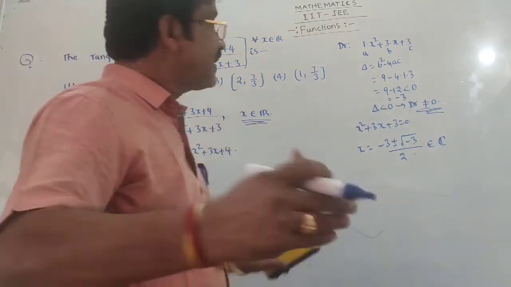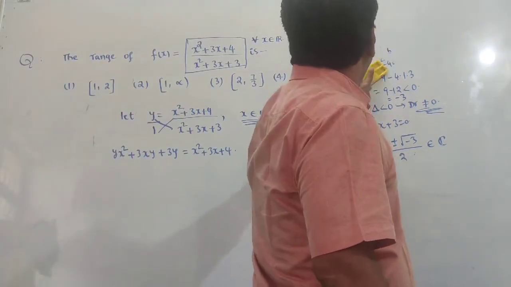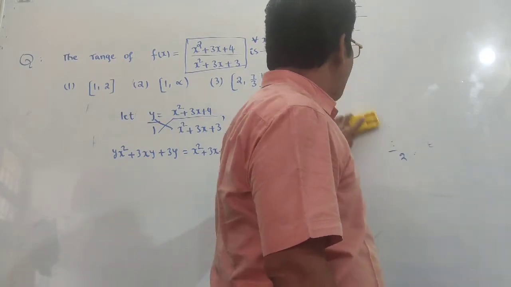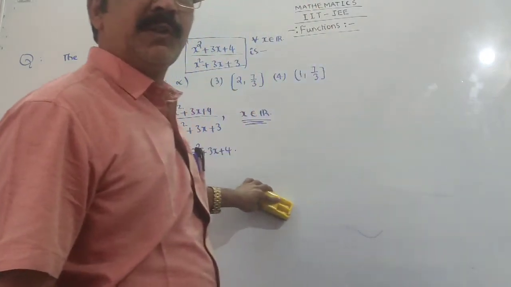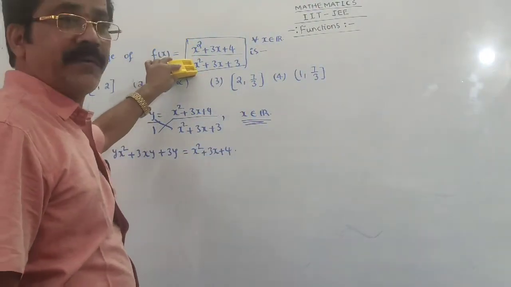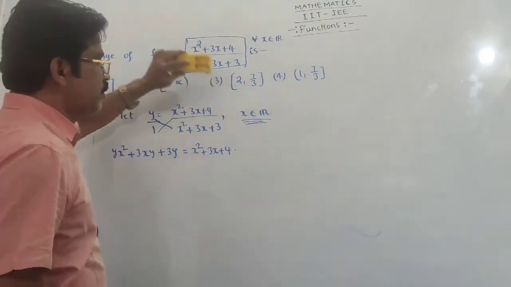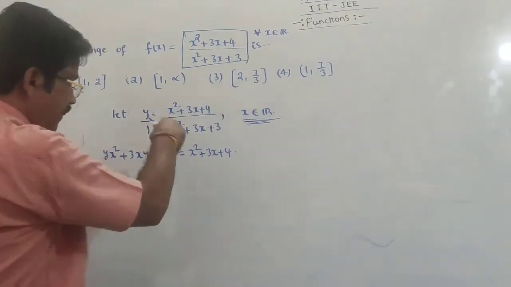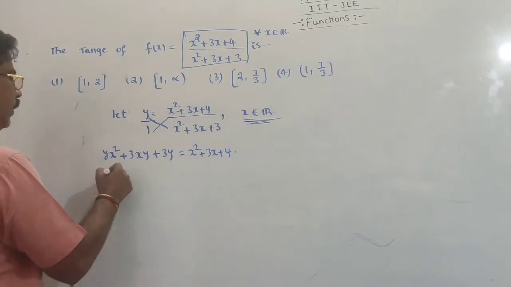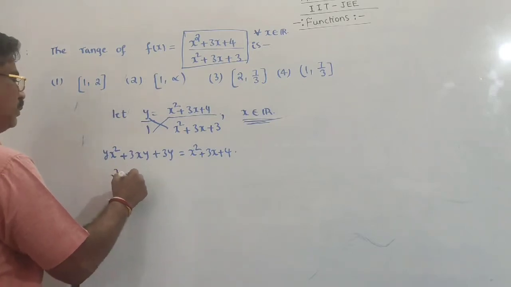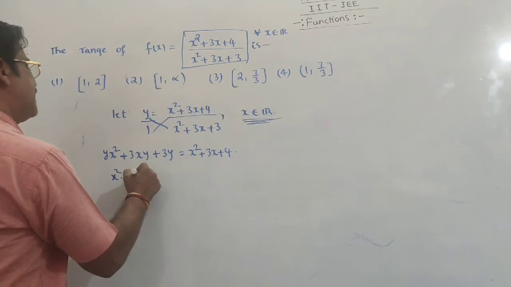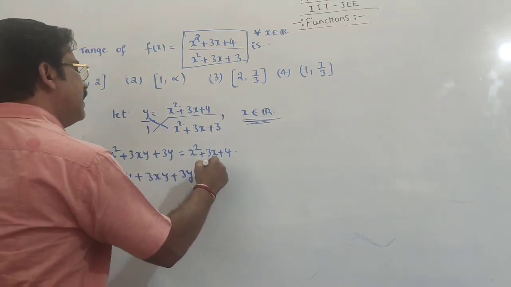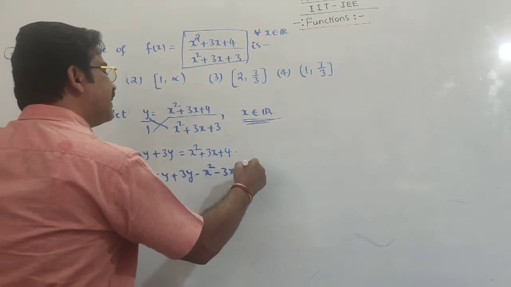Actually, this discussion is not necessary. It is a waste of time in the examination hall. Whenever it is given as f of x equal to p of x divided by q of x, meaning a rational function, it is to be understood that x belongs to capital R, and as usual follow the procedure like that. So therefore, x square into y plus 3xy plus 3y minus x square minus 3x minus 4